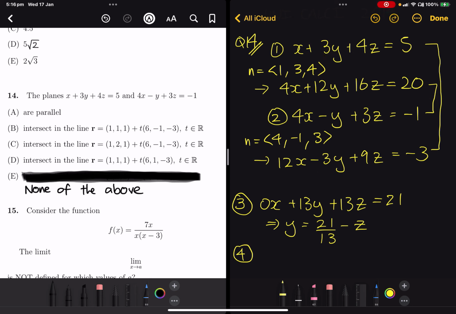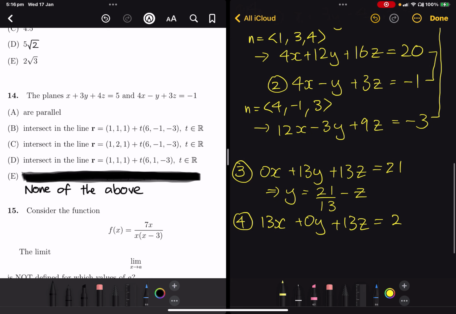Add these, the y's will cancel. x plus 12x is 13x. 3y plus minus 3y is plus 0y. 4z plus 9z is plus 13z. This is equal to 5 plus minus 3, which is 2. If we rearrange this for x, this will give us x is equal to 2 on 13